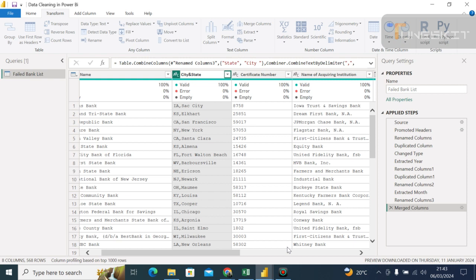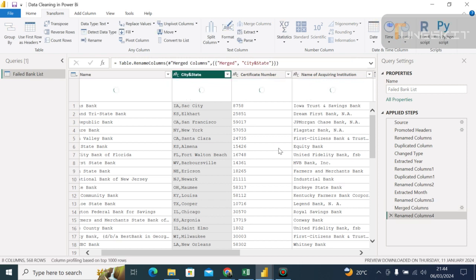But for instance, if now you wish to separate the two, so I think that's where we are headed, whereby now we've merged the two columns into one. Now how can we separate them? So that I can be having state as a column on its own, and then I'm also having city as a column on its own. So to do that is quite simple. So given that I'm having, yes,